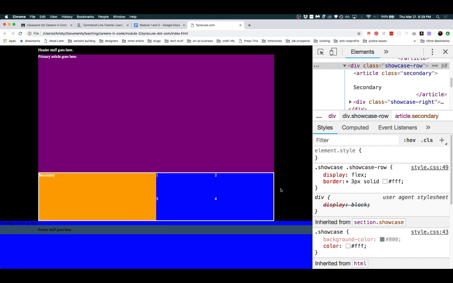But now I need to make, okay, so have we gotten to the point where we've got a 50-50 split here? The other secondary article. Okay,